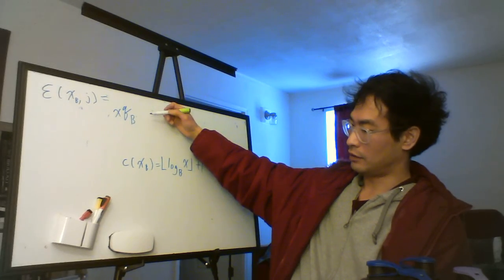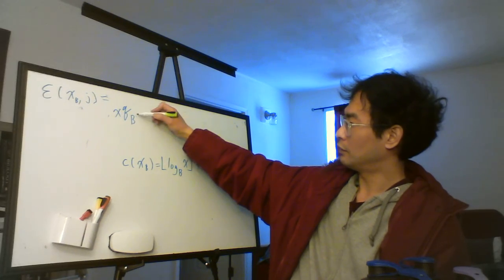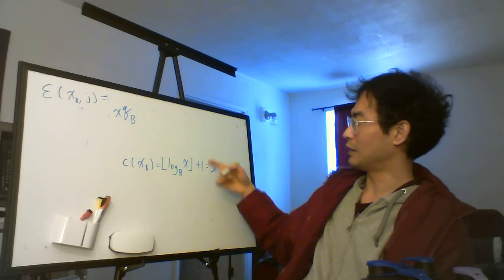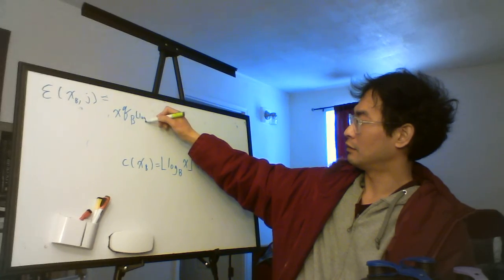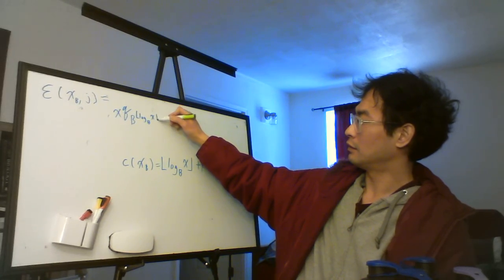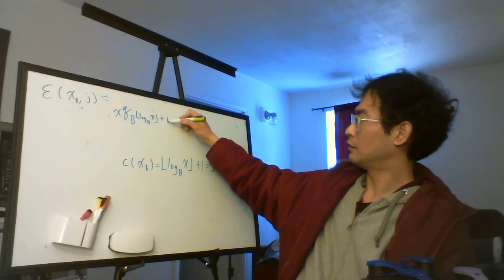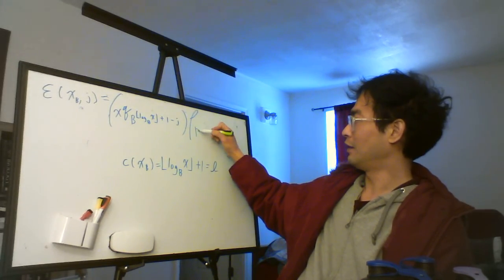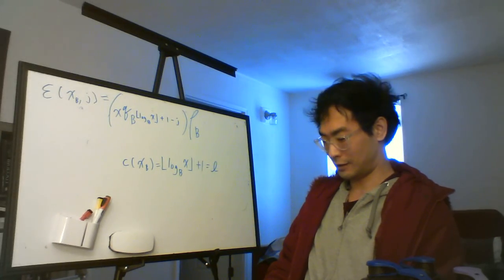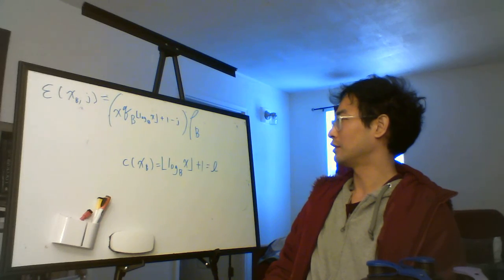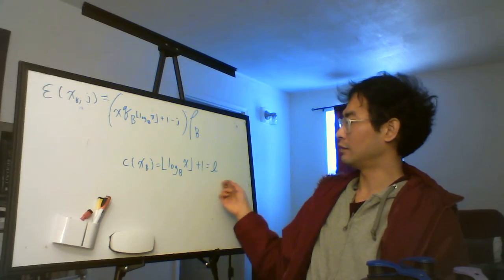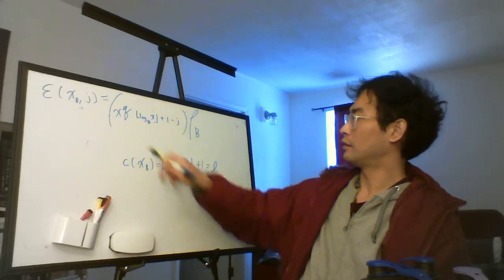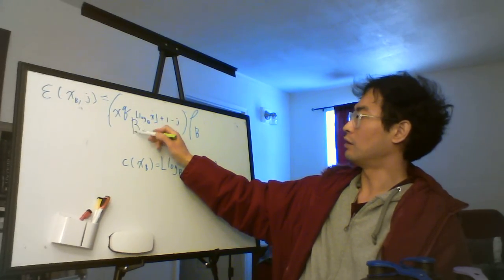Let's spell it out. So L minus J. So this guy is minus J. That's our extraction function. So I just spelled out L. It used to be L here. B to the...